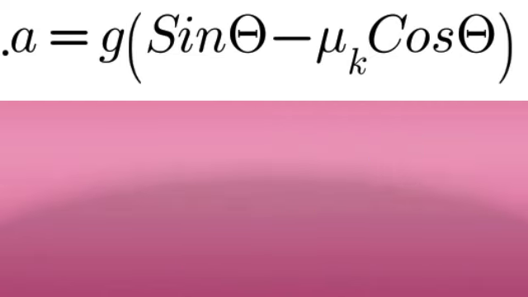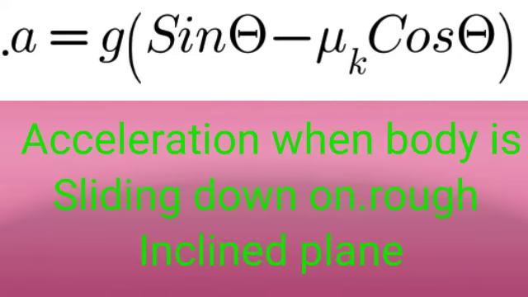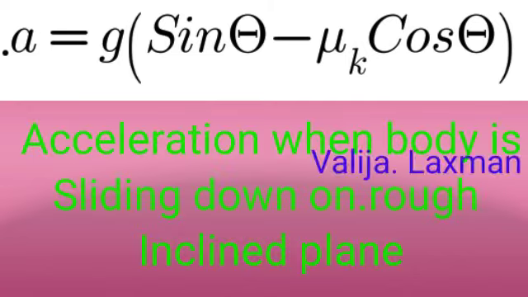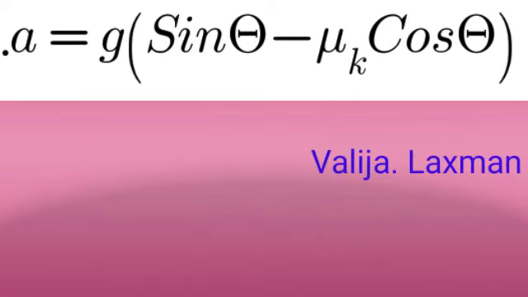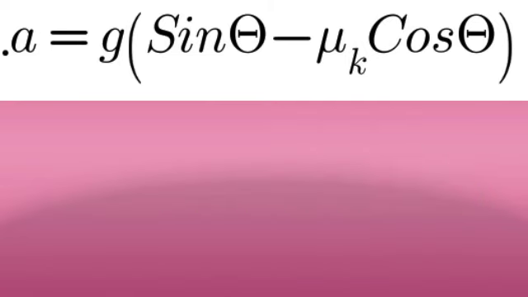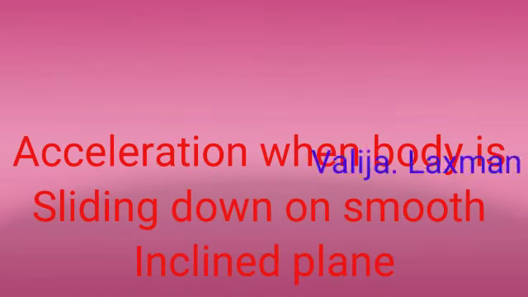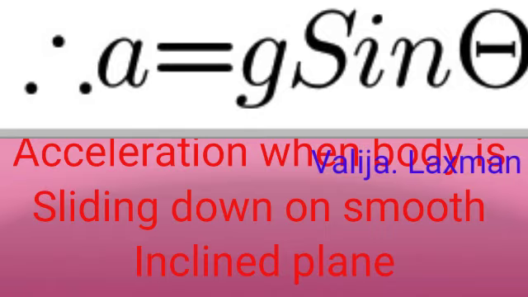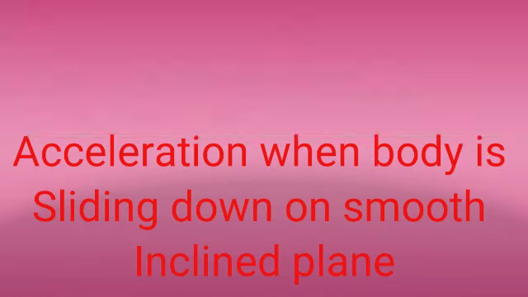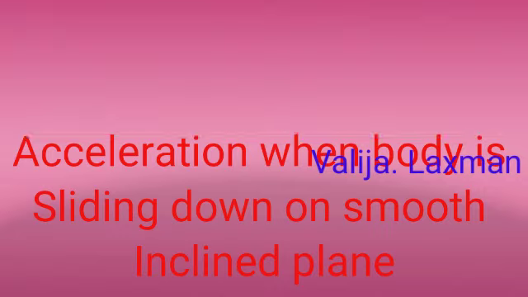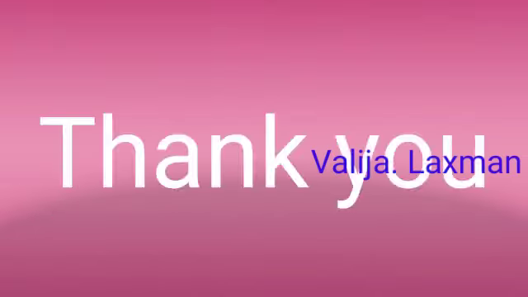So two formulas we got. One, when the body is sliding down on a rough inclined plane, a is equal to g into (sin theta minus mu k cos theta). Second, when the body is sliding down on a smooth inclined plane, the acceleration is simply a is equal to g into sin theta. And in the next class, we will discuss when the body is sliding up on a rough inclined plane, and also when the body is sliding up on a smooth